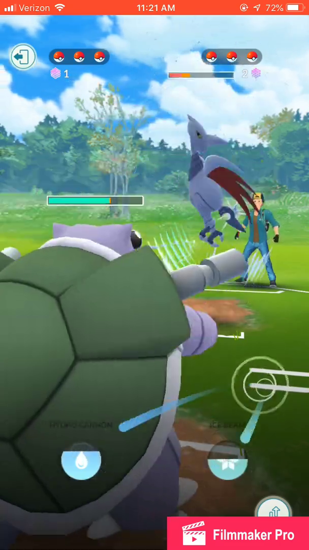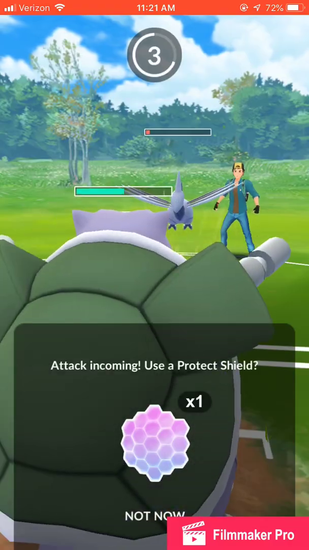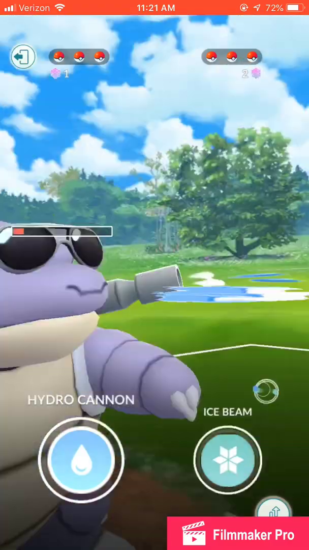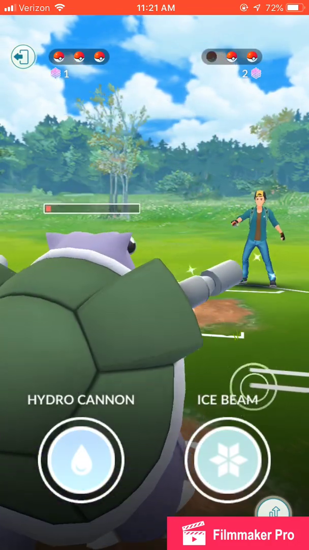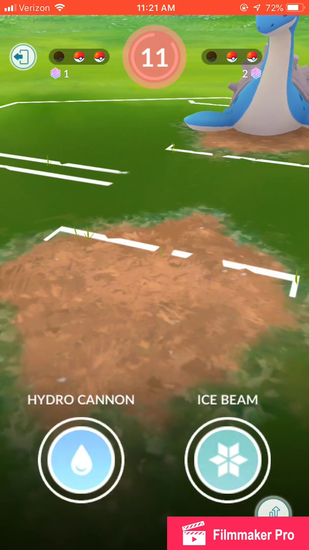So I'm going to choose to overcharge a ton of energy and let him Sky Attack me. I shielded the first one, which is good. He's going to use the Sky Attack. It's going to take me down really low. I'm going to overcharge a ton of energy, so I have an Ice Beam ready for whatever comes in. And I made the mistake of waiting to see what came in, and I wasn't able to use my charge